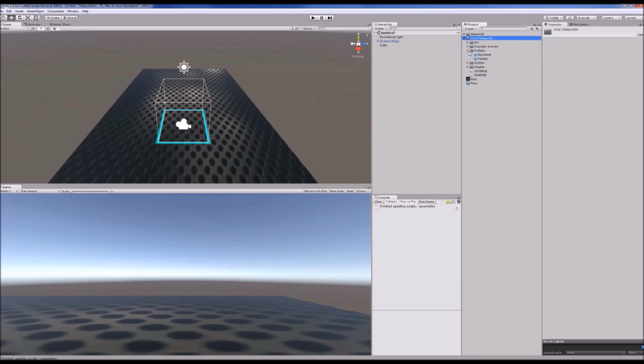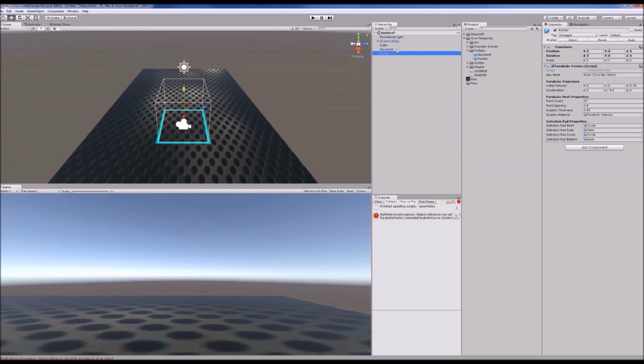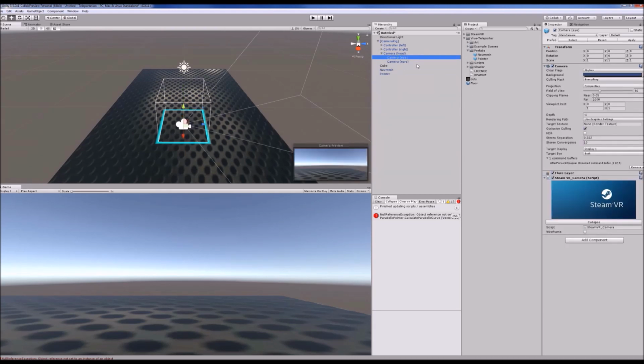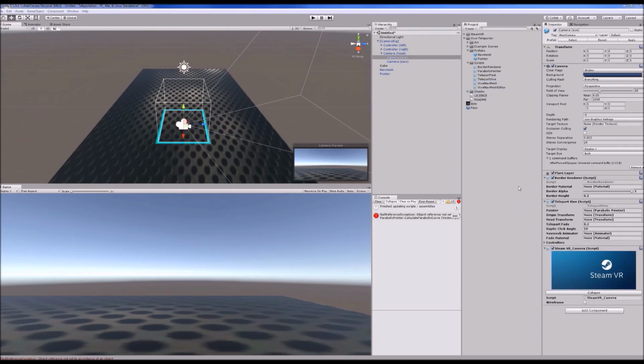Now it is very easy to implement, so what I'm going to do is go under Vive Teleporter, under prefabs, and drag nav mesh and pointer into my scene. Once I've done that, I want to go to camera rig, under camera head, and drag some of these scripts. I want to drag the border renderer and teleport Vive in here. Now I want to set the pointer to be this pointer. I want to set the origin transform to be camera rig, the head transform to be camera head,